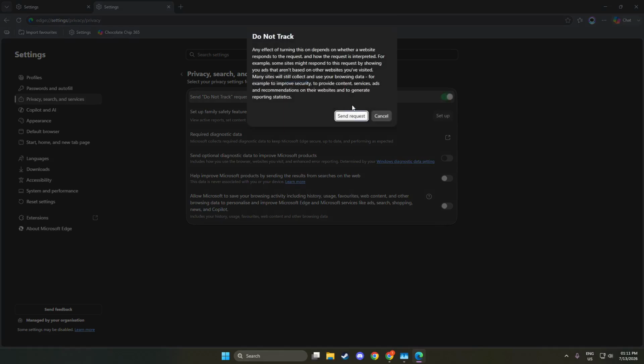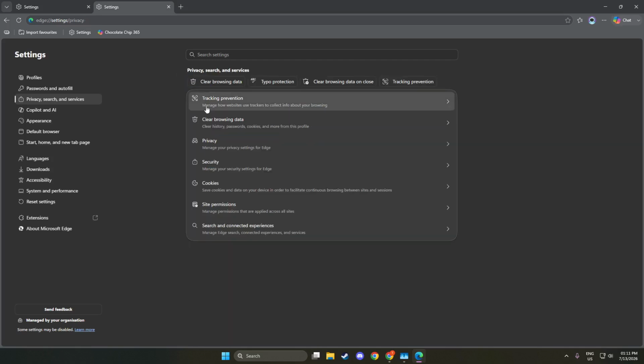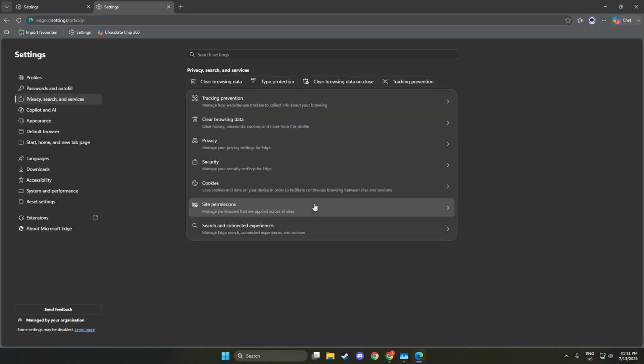Now let's look at configuring security and privacy options. This allows you to set your preferences for how Edge handles security while you browse. You can choose to enable features like enhanced tracking protection and secure browsing. Adjusting these settings ensures you have a safe environment while accessing various websites. Keep in mind that these precautions significantly enhance your online security.